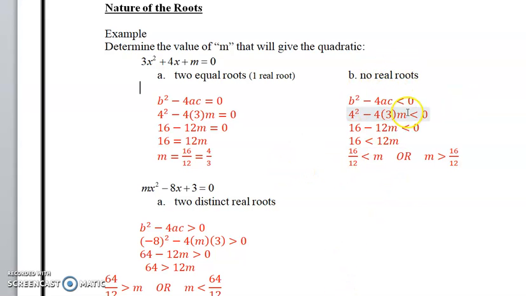So for no real roots, you would do the same thing in the B part, only this time if there's no real roots, it has to be less than 0. So I solve the same way as I did in A, and it says if m is greater than 16/12, you'll have no real roots all the time. I can prove that. So that's equal to 1.3 repeated, right? So if I go to my function and I put in a value higher than this, so let's pick 2